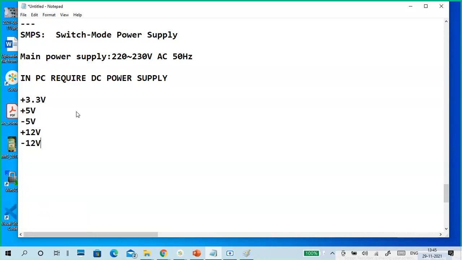These are the most common voltages we require in a computer. In a DC power supply, these are the voltage levels. There are different types of AC to DC converters, but SMPS has the benefit that we can get different types of voltages, and it is a very constant signal.